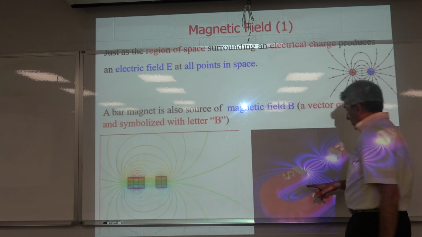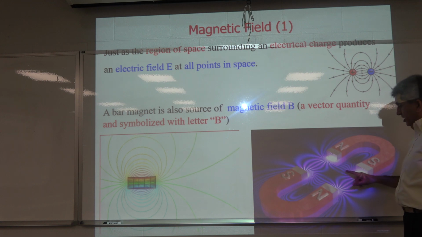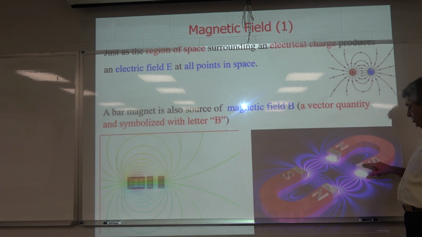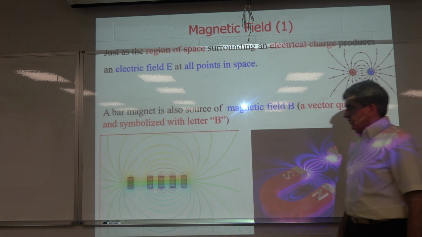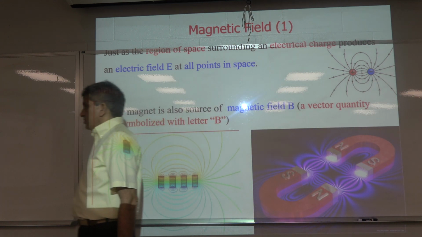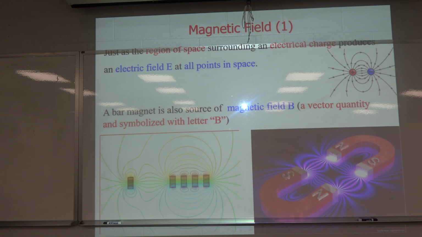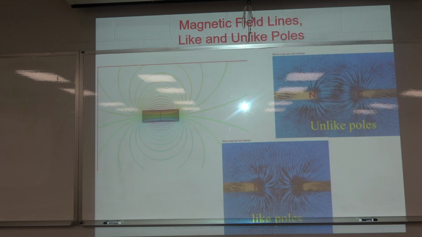Here is the magnetic field line. Here is a horseshoe magnet with north and south poles. The magnetic field lines seem to originate from the north and go to the south pole. Alright? Now, if I bring